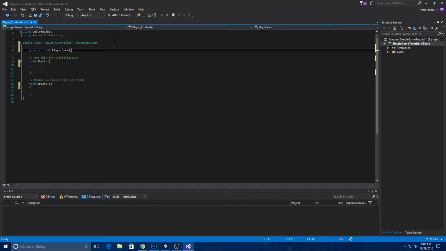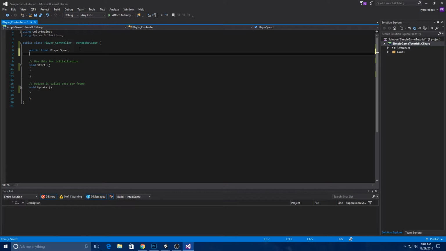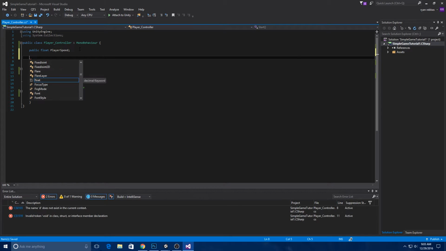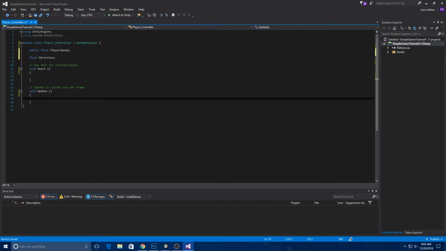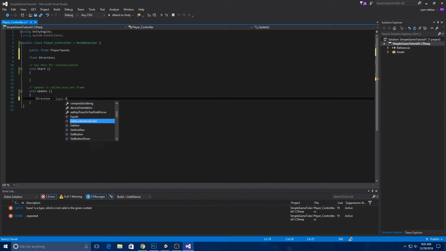So there's a difference between making the variable public and private. Whenever you make the variable private, you can only access it within the class itself, the file. But when you make it public, you can access it within the game engine editor. Next, let's make a direction variable, which is going to be a float. Now, in the Update method, let's set direction equal to